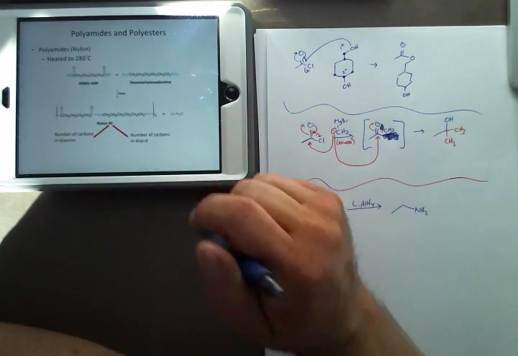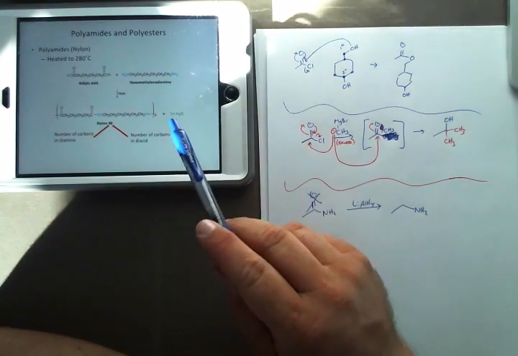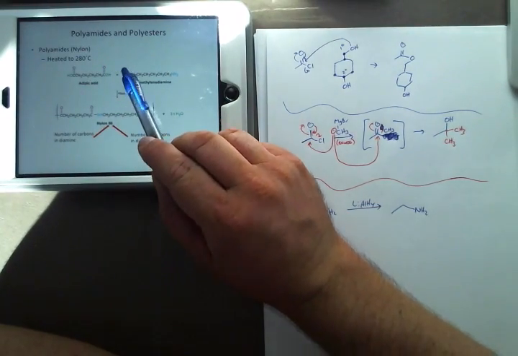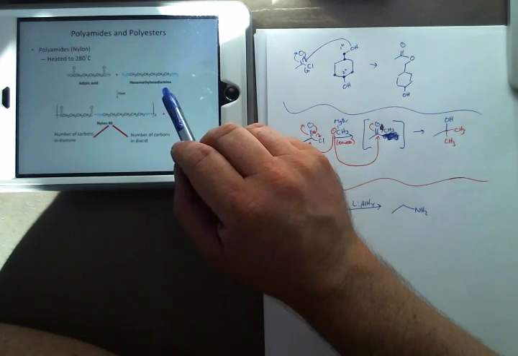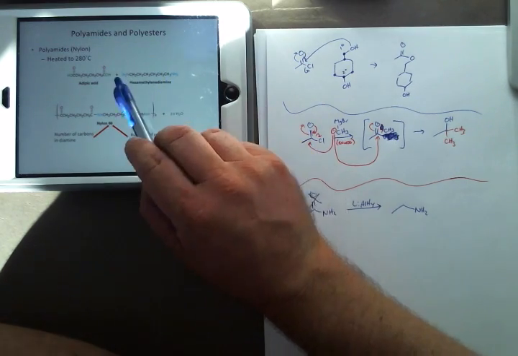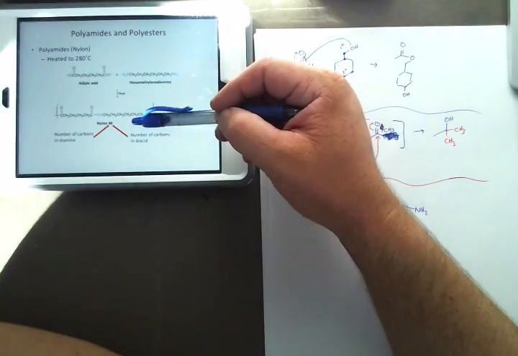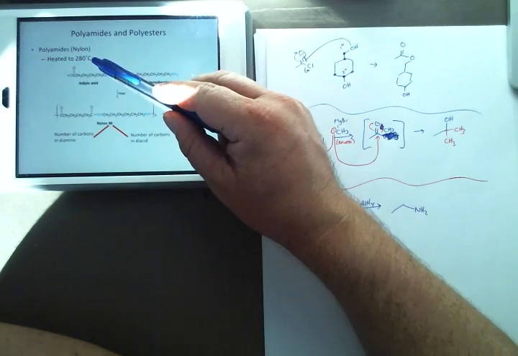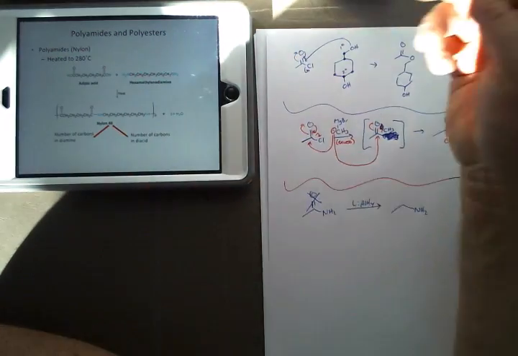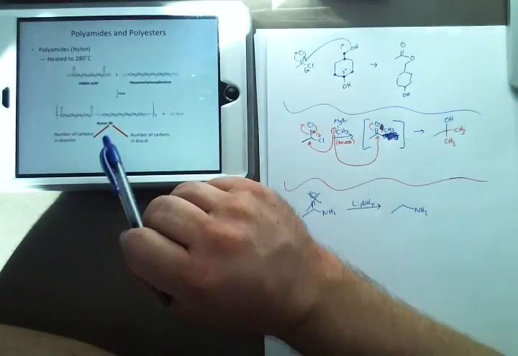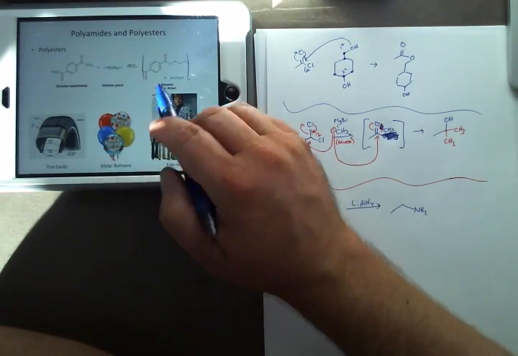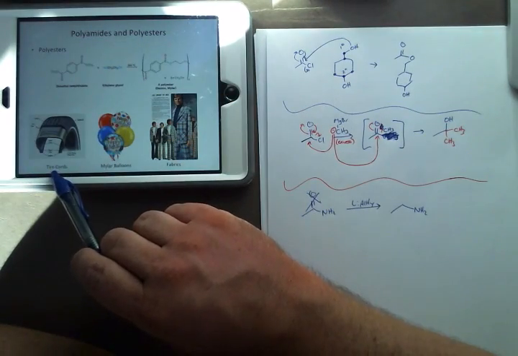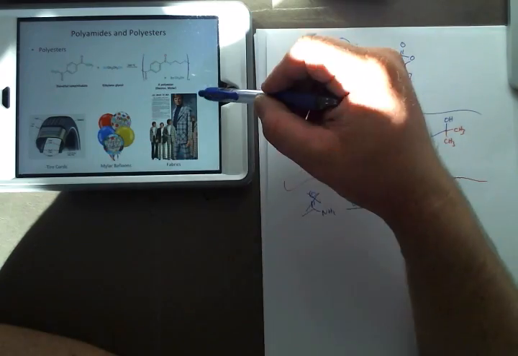So the way that you usually do this is you have adipic acid, which is 6 carbons long, and hexamethylenediamine, so you have 6 carbons long with amines on either side. You heat this up to incredibly high temperatures, 280 degrees Celsius. The water boils away, and you end up with an amide at the end, and so you get nylon 6,6. So polyesters are incredibly important for things like tires and Mylar balloons, and some